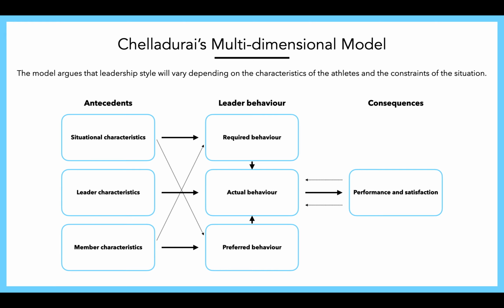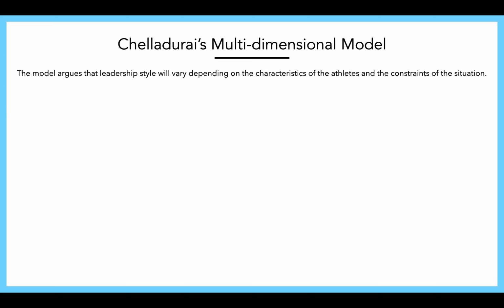Okay, performance and satisfaction. Now, the more the elements of this model match each other, the more effective the leadership is likely to be. So if the leadership characteristics and the qualities are what is needed and what is wanted, people are more likely to follow the leader. So the more matches we get in this, it's going to link to a higher level of performance from the group as well as satisfaction. Okay, so let's just look at it in a little bit more detail.